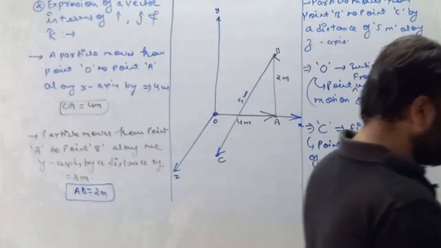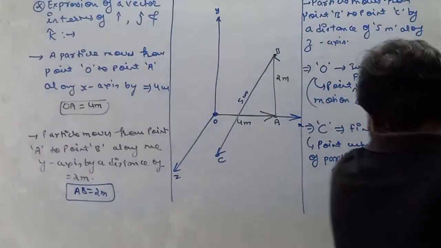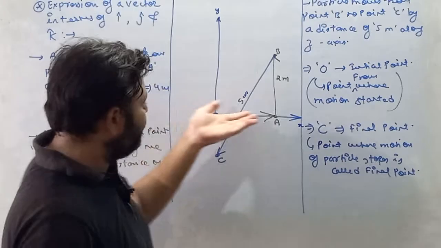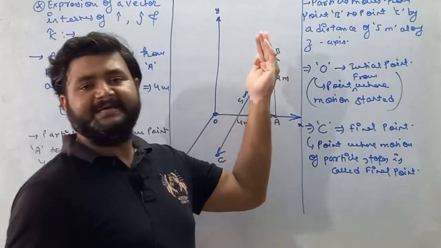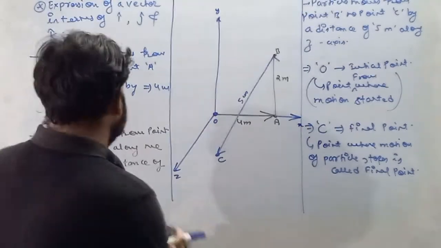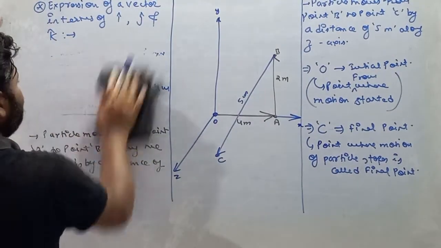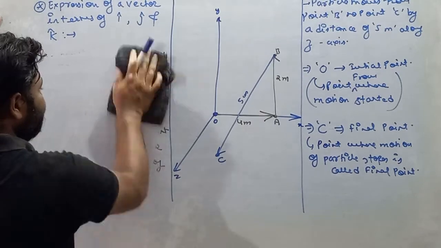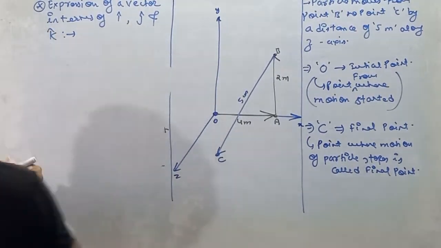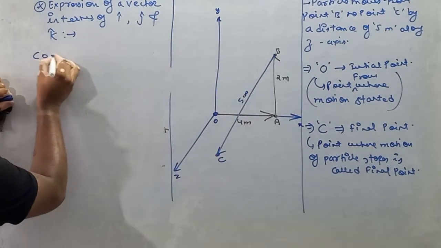So the scenario is we have a particle and the particle is moving 4 meter along x-axis, 2 meter along y-axis and 5 meter along z-axis. So if we wish to write the coordinates of the particle, then we are capable to write its coordinates. So the coordinates are, I'll write here,